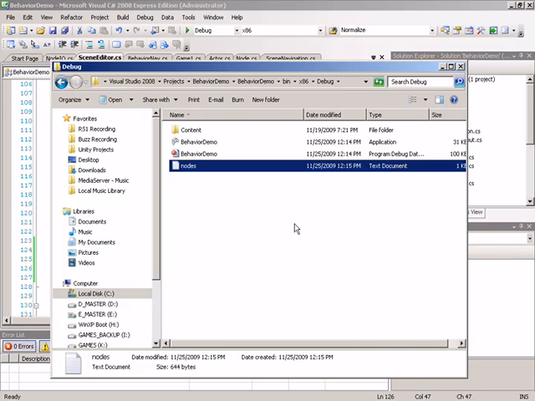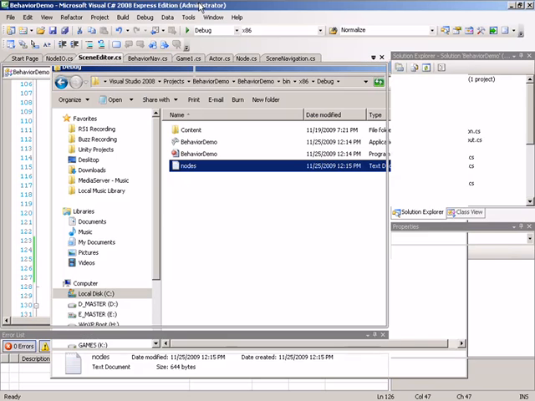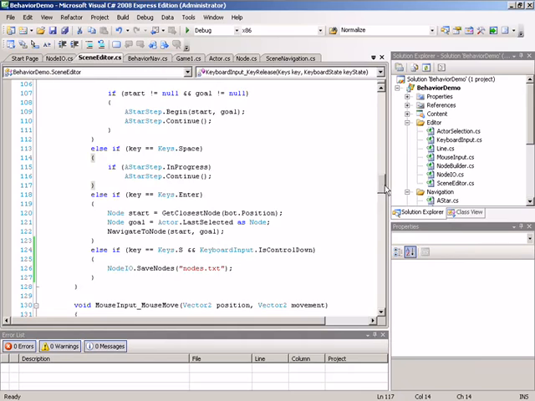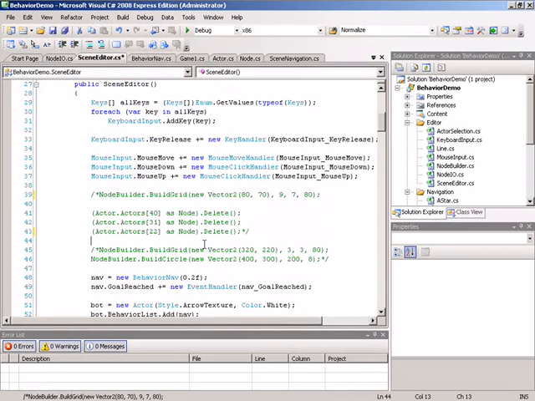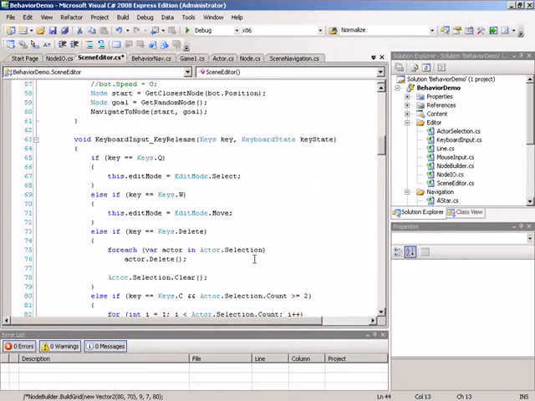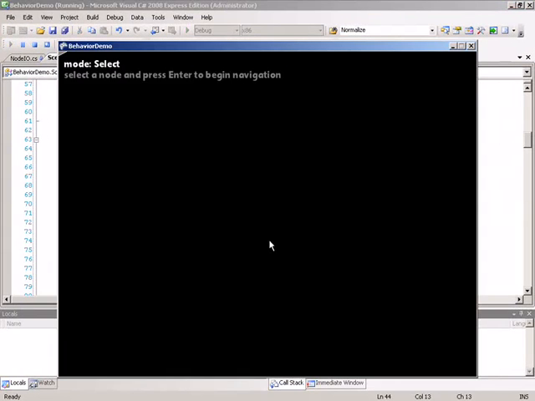Now, in order to make a more simplistic scene, to make it easier to see exactly what nodes are getting saved, I'm actually going to comment out the code that is currently generating our grid. So back up in the constructor for Scene Editor, we are going to comment out our initial grid and then the center deleting code. So with all of this in place now, let's run the game once again, hold Shift to create some nodes, and just create a simple A-frame looking series of 3 nodes, and hit Control-S with these